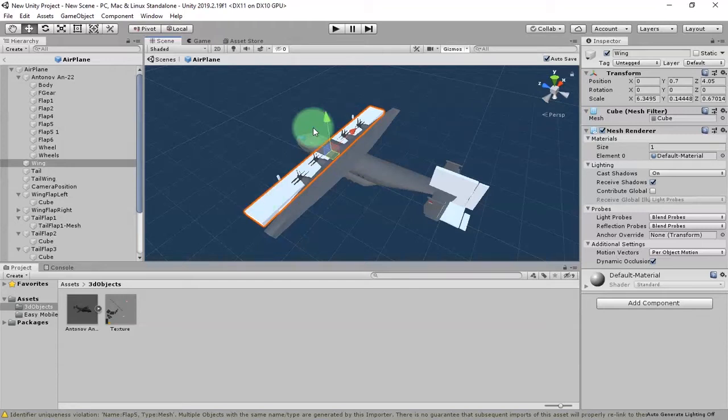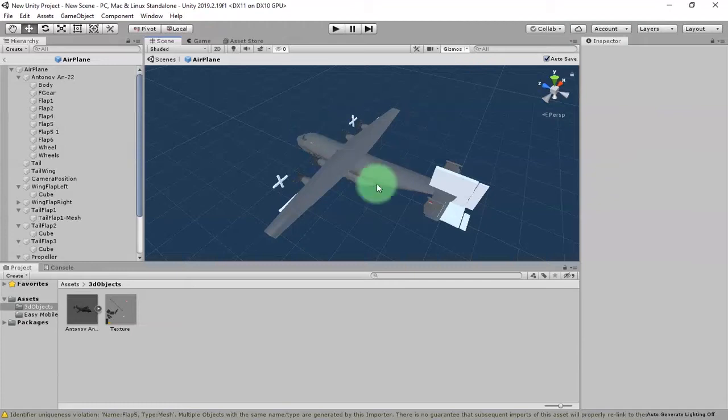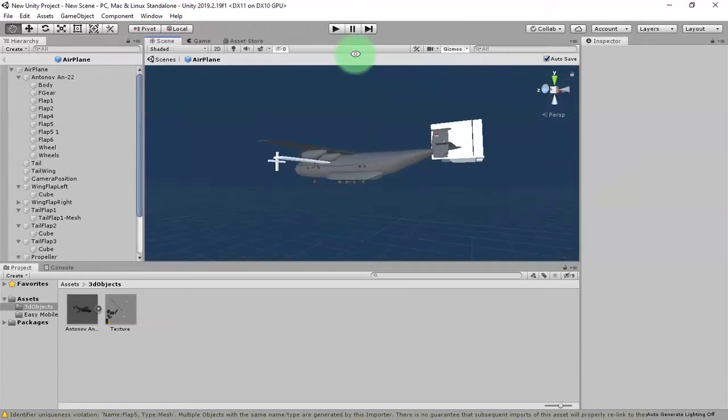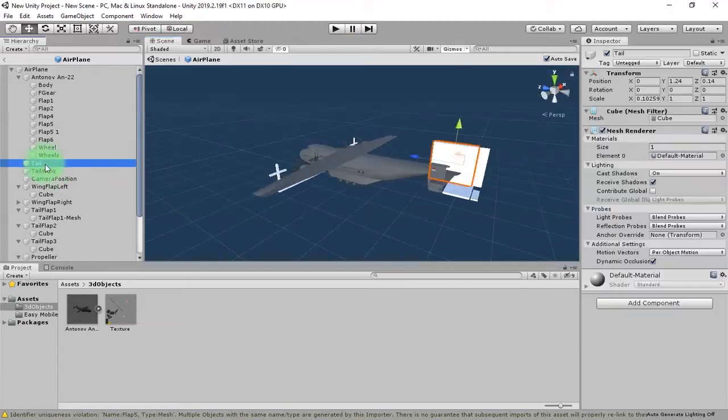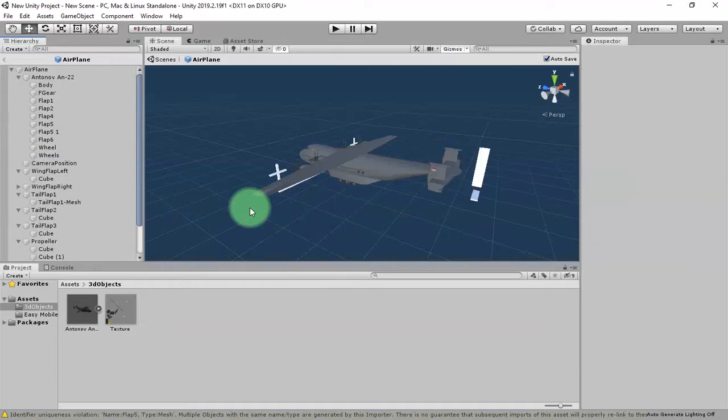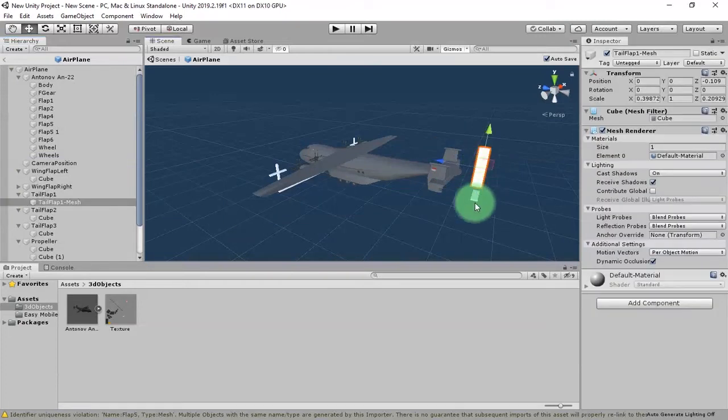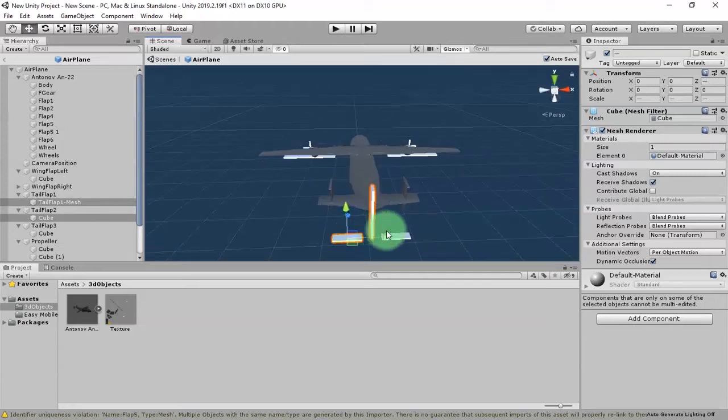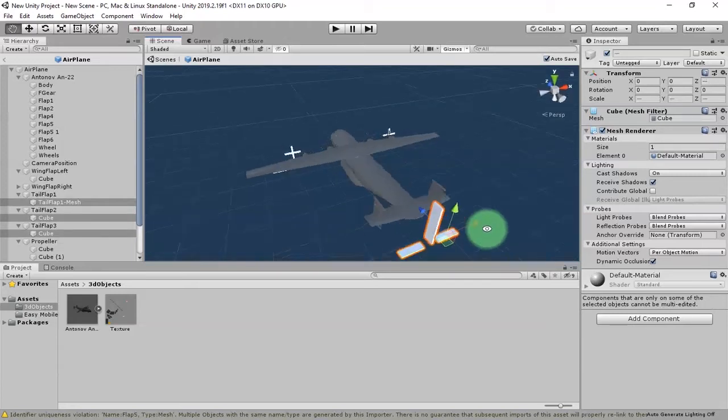I delete it, and then the tail wing, and let's just delete everything that is cube here. Also these flaps,